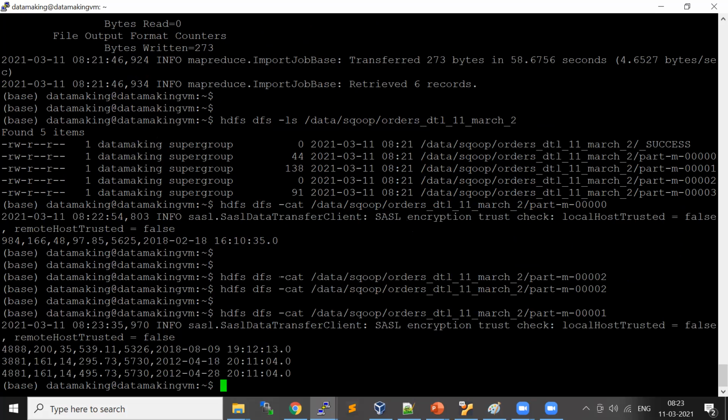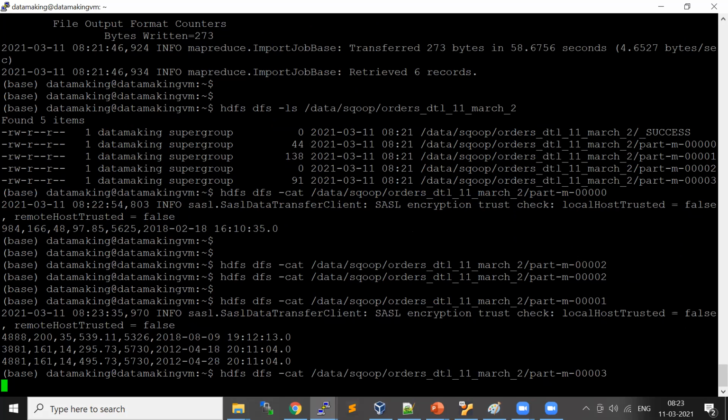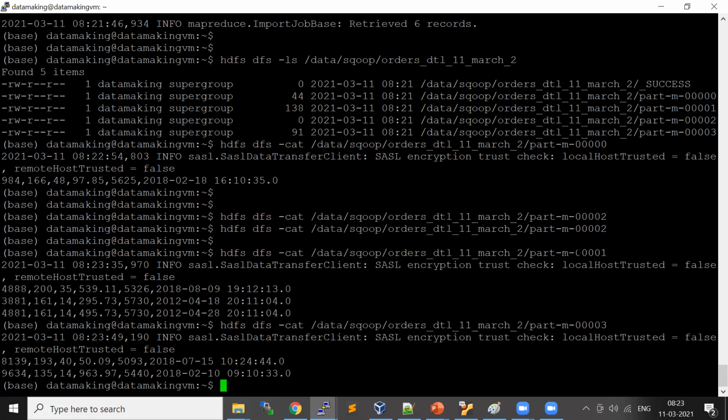It has 3 rows. So 4 is done. Ideally, this last will have 2 more rows, which is a map task 4. So this is how the Sqoop import works.